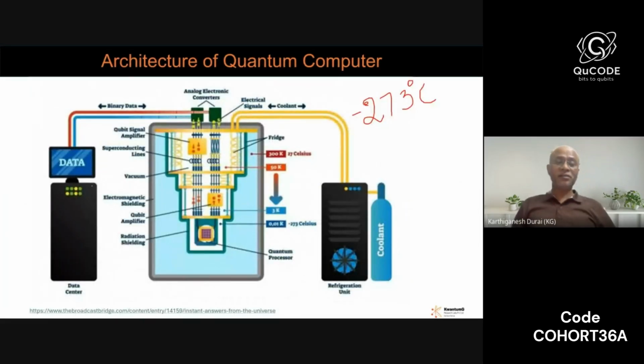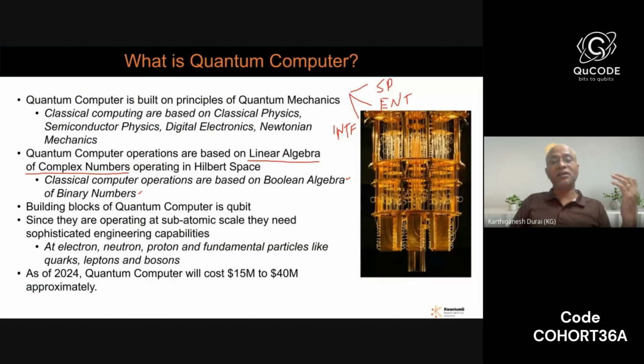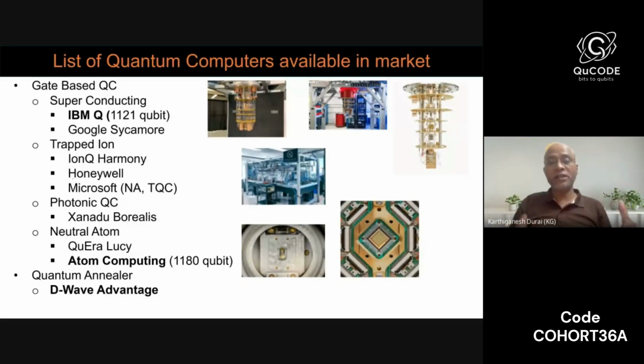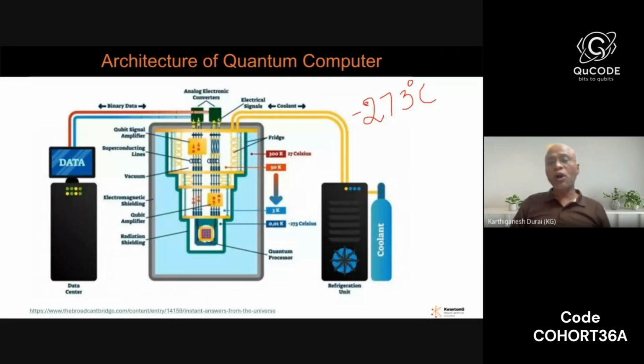And this is the architecture of a quantum computer. You can see most of the quantum computers are hanging like this, right? A rooftop structure like a chandelier. It is because superconducting quantum computer processors need to operate at millikelvin temperatures, which is minus 273 degrees Celsius. And that is also one reason why superconducting quantum computers are very costly, because they need a cryogenic engine for their dilution refrigerator. But other layers can operate at different temperatures. That's the reason for their layered structure, and they are hanging from the rooftop.